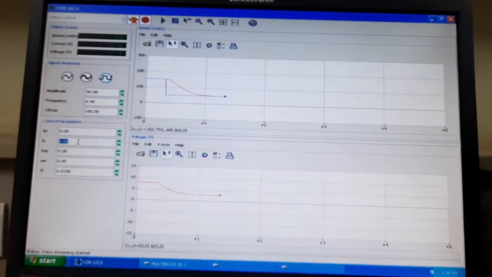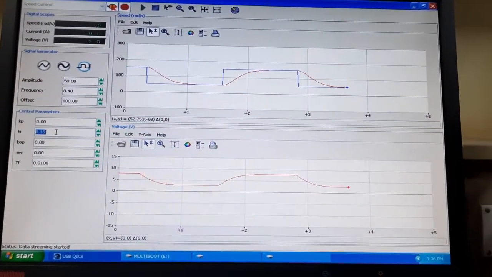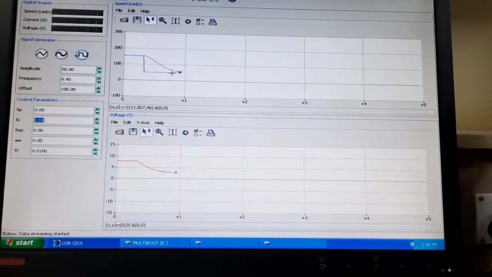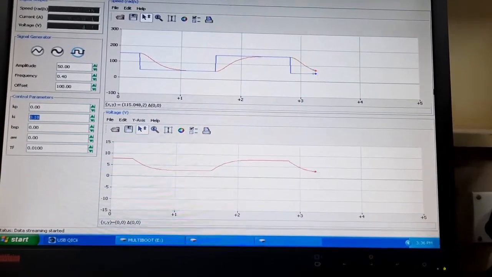We can see here at 0.18 this red one is tracking with this blue one.